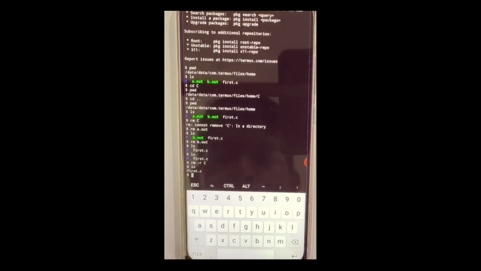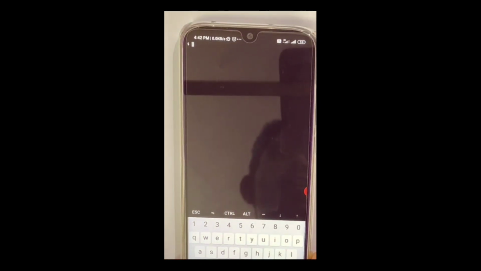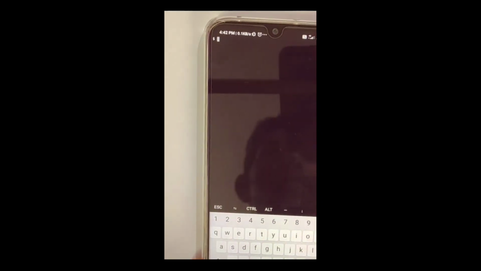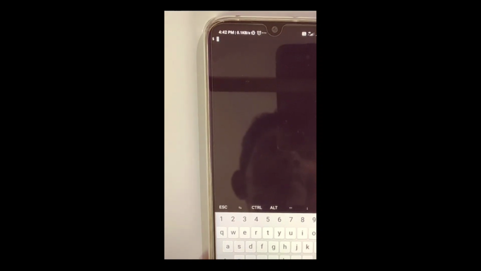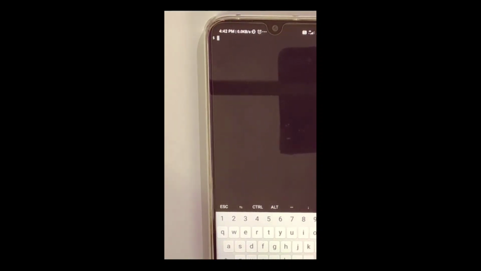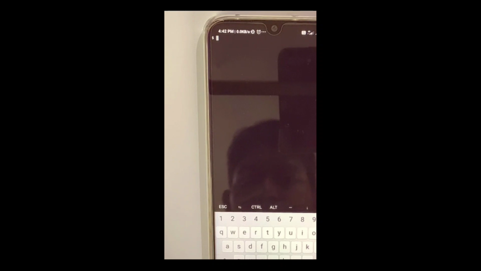Fine. Now I want to make again a folder where I will work for this whole C programming. Now let me clear this: clear. Okay, so it is cleared. Now starting from the beginning, the screen is clear. Let me check the directory. Okay, so this is the home directory.